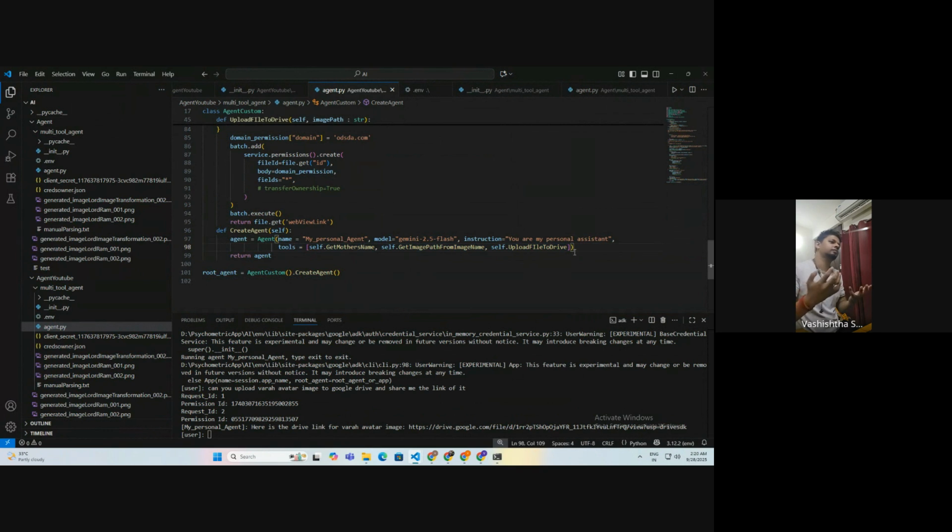We can do things which the Gemini model cannot do for us, like sending emails, uploading files on Drive.